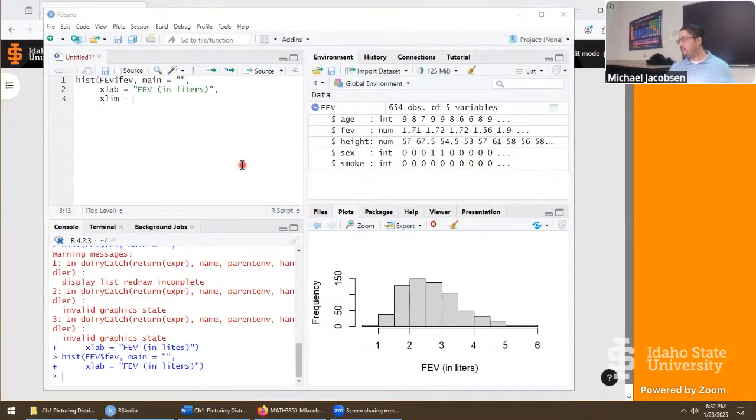Okay, well, for the xlim next, for here, we're going to go c to combine. We want to start out at 0 and go up to 6 or 7. Let's make it be a 6. That makes more sense, I would say. And this would fix our horizontal axis. One last parenthesis to close the last delimiter.